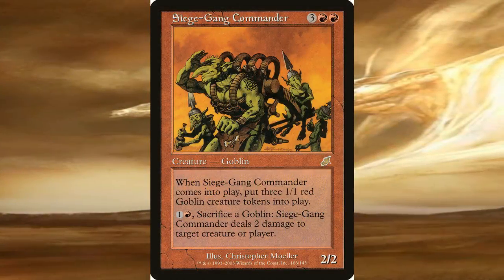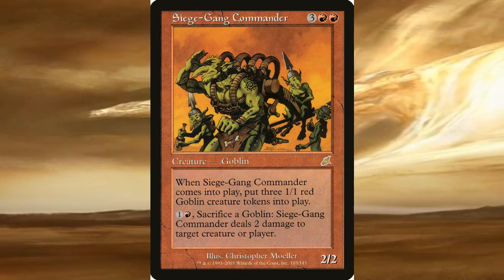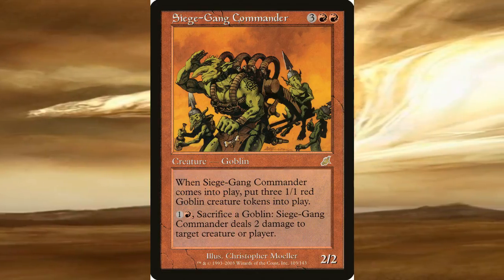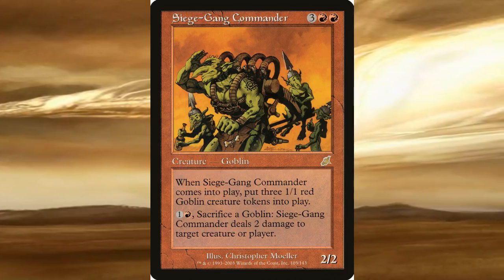There were numerous notable cards that came out of the Scourge set. The first notable card was the card Siege Gang Commander, which was a 2/2 goblin creature that when it comes into play, you may put 3 1/1 goblin creature tokens into play. You may also pay 2 mana and sacrifice a goblin creature in order to deal damage to a target creature